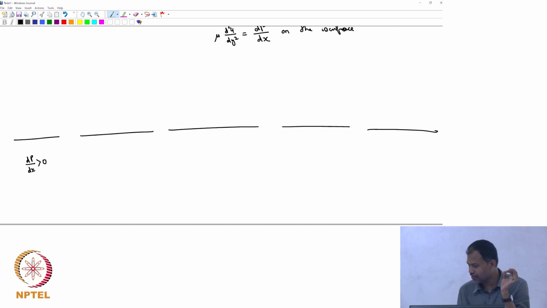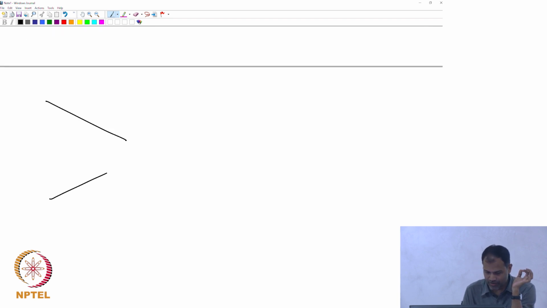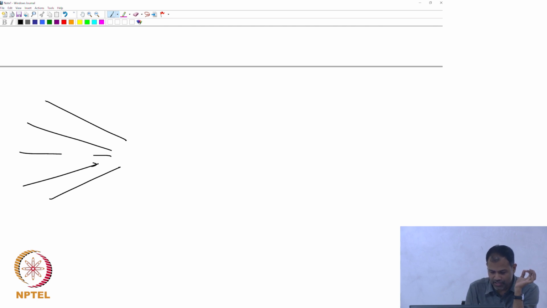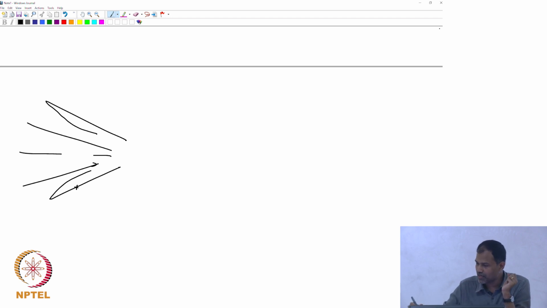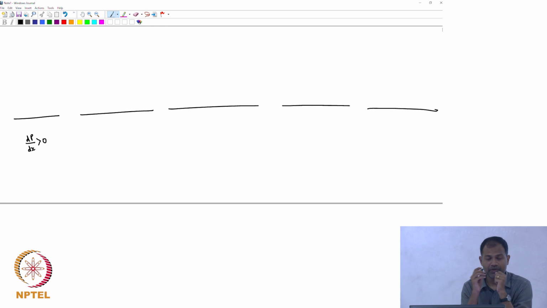So if I have a boundary layer, so let's say you have a kind of converging channel. There's a fluid that's coming and going. So if there is a growth of boundary layer like that, I'm basically looking at a point somewhere there and trying to write down what it is. What does the differential form tell me? So I have taken a situation where dp by dx is greater than 0.